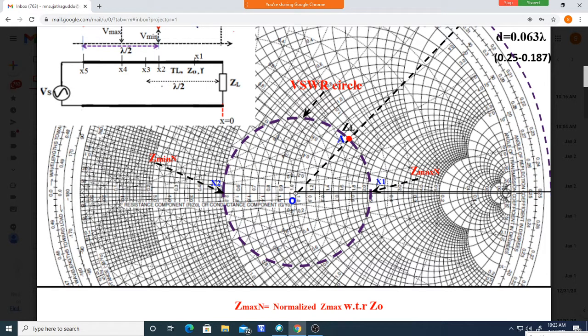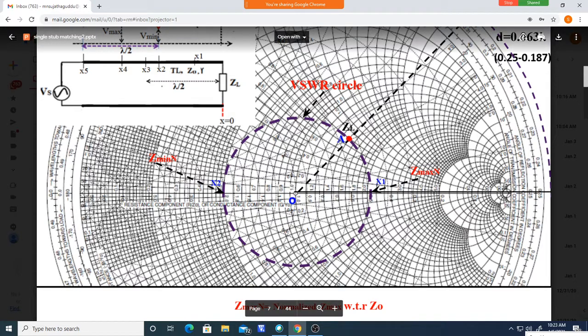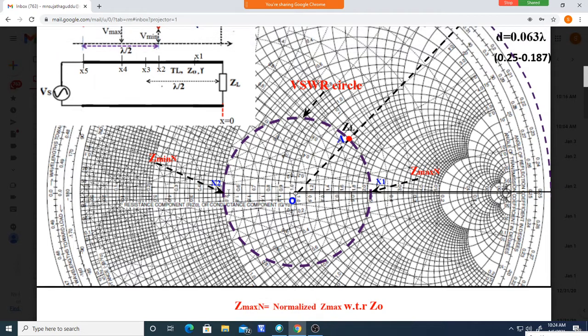You find out at what distance it is. To find that out, from the center, passing through this minimum impedance, you draw a line to the wavelength scale here, up to this. Measure the distance from the load, in the clockwise direction. Move like this and up to this. How many centimeters or how many wavelengths you measure, you will get the distance at which this minima is from the load.